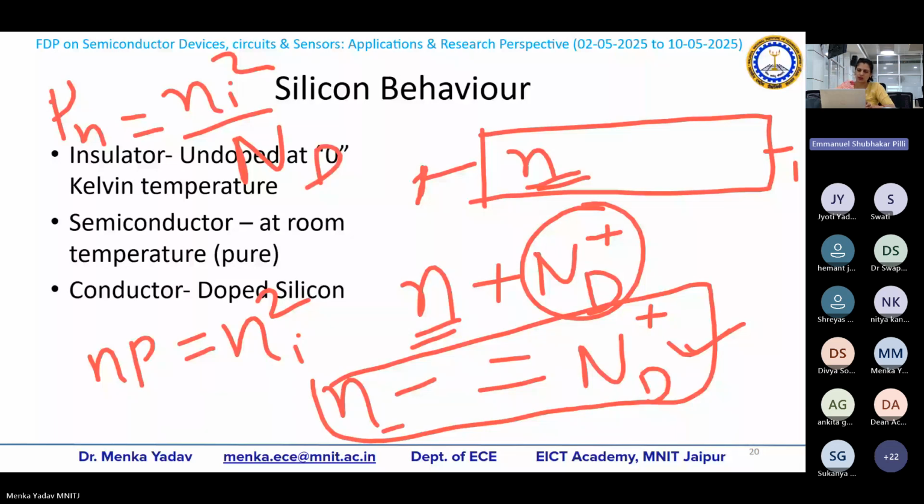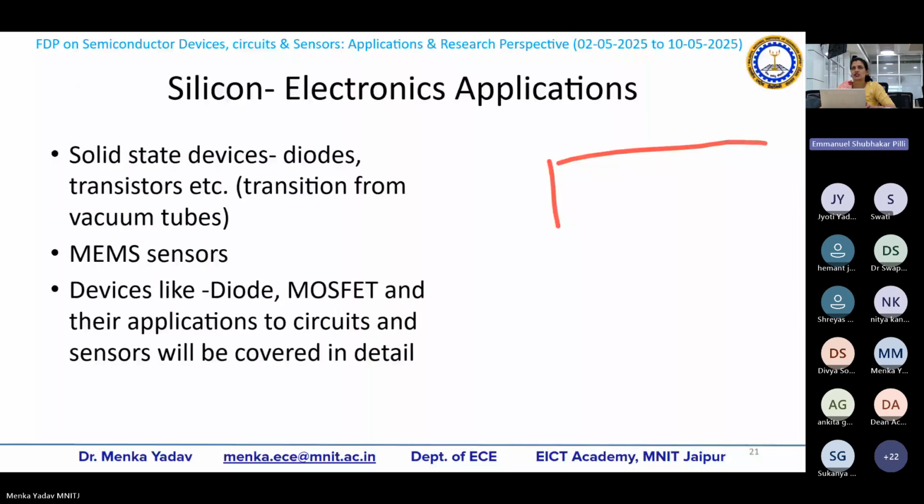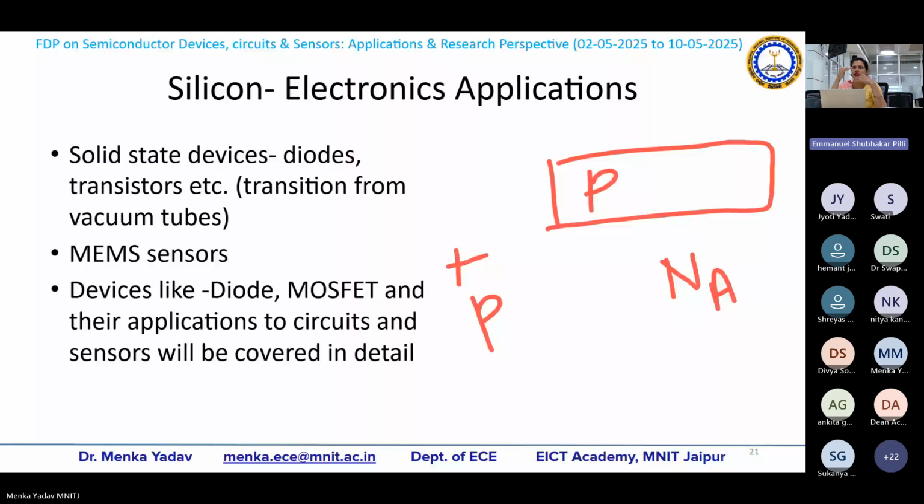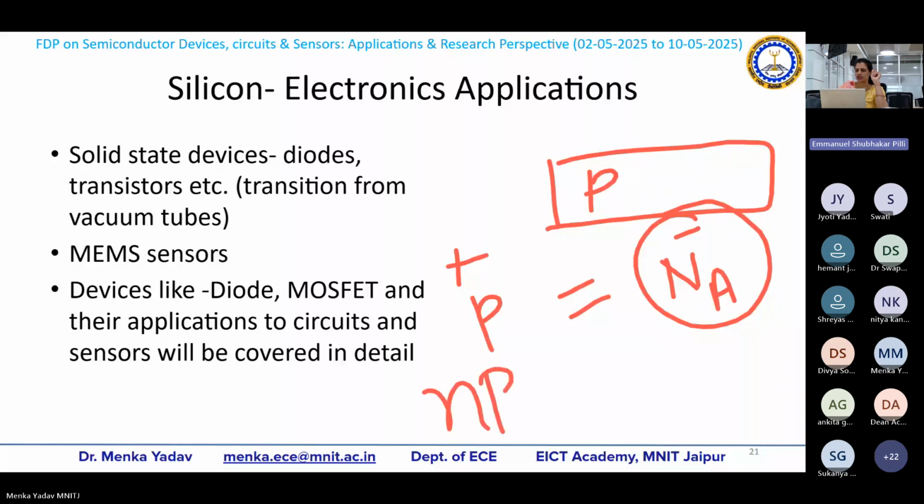Likewise, if I have a semiconductor bar which is P type, I have acceptor ions. P is the number of holes, which are expected to be positive, and Na are the acceptor ions. Acceptor ions are taking one electron. Say aluminum: protons were 13, one electron is taken, so electrons are 14. Can I say that this is negatively charged? Holes were positive. So for the majority charge carriers, P is equal to Na. I will apply the same formula, Np is equal to Ni square, the mass action law.